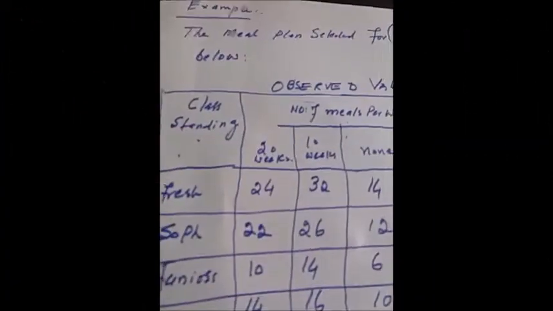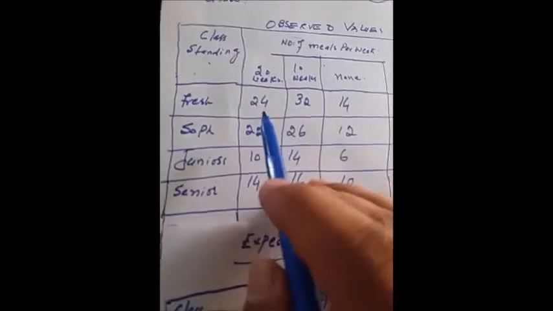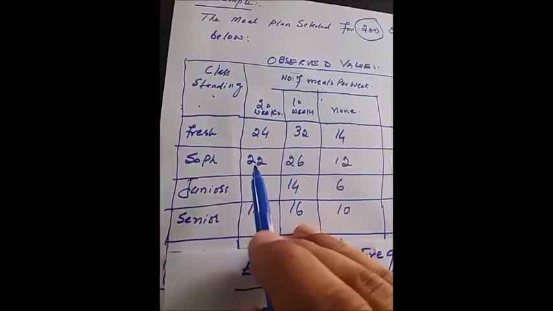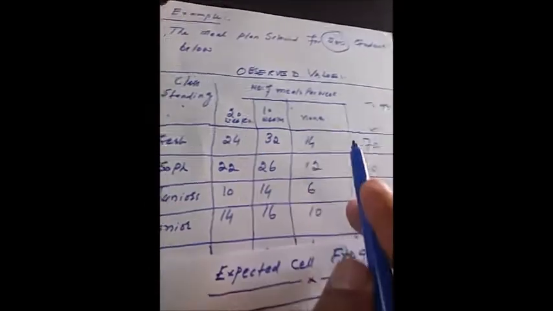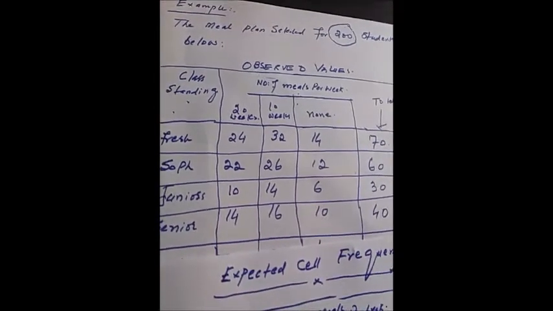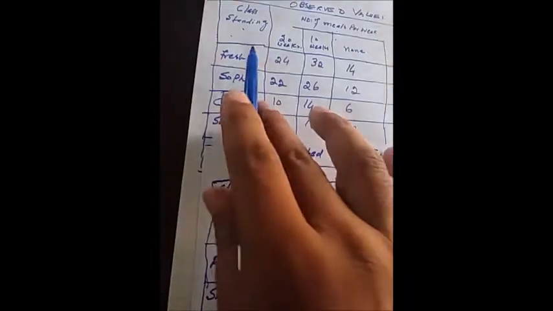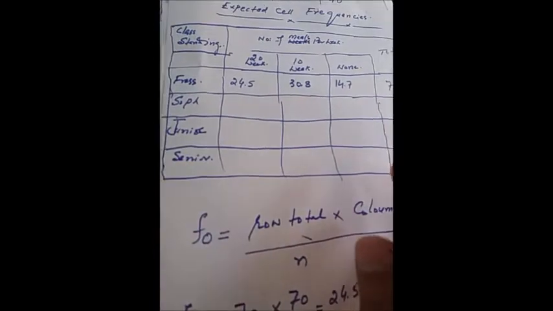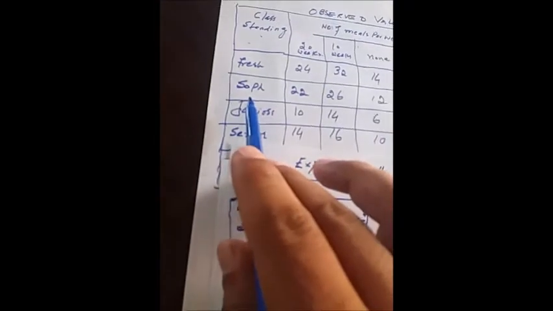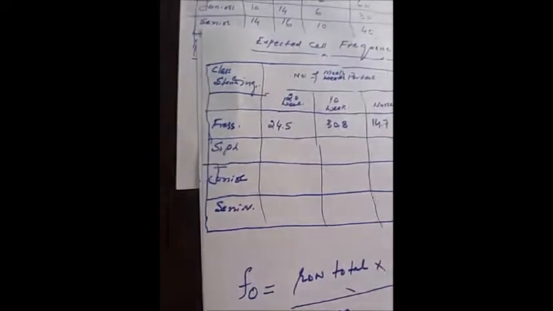Expected values at the same as observed values. So with the same method, we have to obtain the expected values from these observed values for SOF, as we obtained with the fresh values. We obtained the fresh expected values, and now there is a need to obtain the expected values from these observed values for SOF. So for SOF, we have to apply the same method,